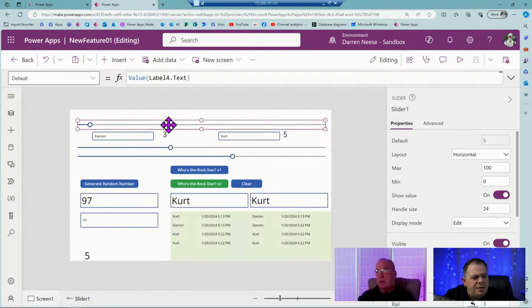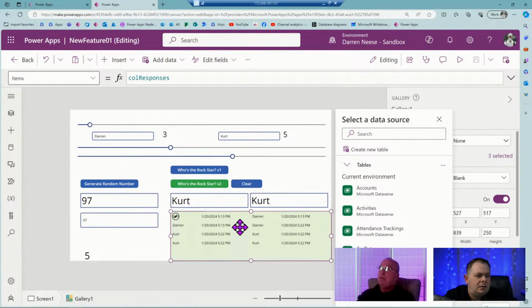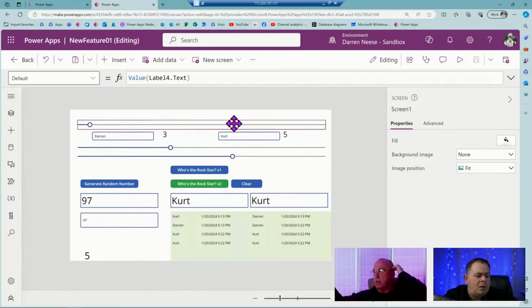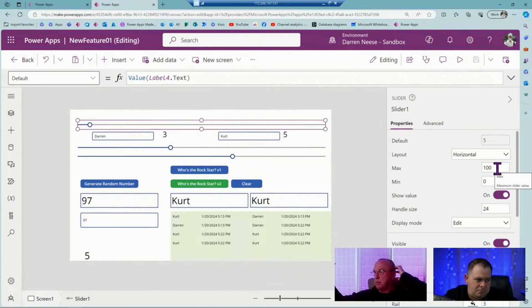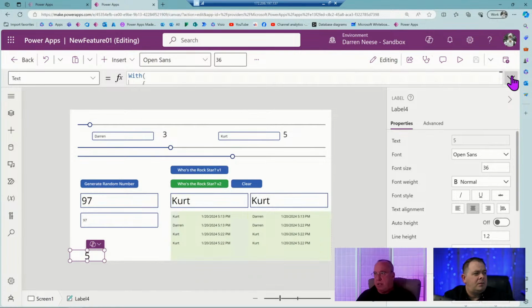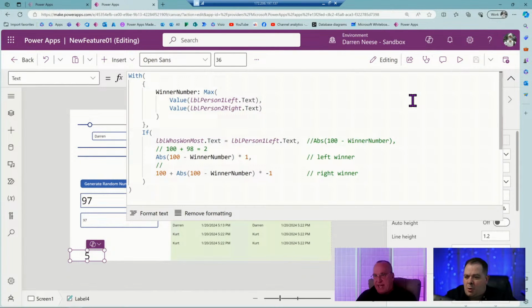And maybe this 100 shouldn't be 100. It should be the amount of times it was clicked on, right? No, because you want the max to be the total. You want the max to be the most, so we're offsetting from it, right? Okay. All right. Unless maybe I'm doing the same thing. Am I doing the same thing down there on that second one? If I say 100 plus, go through that code with me right there. ABS 100 minus winning number. Right now, what's that going to give us?